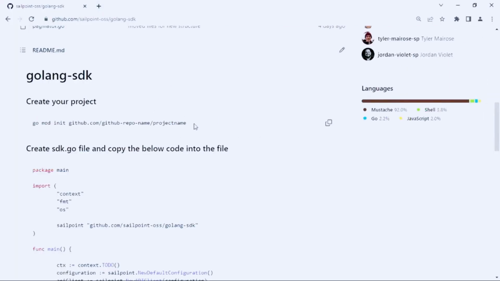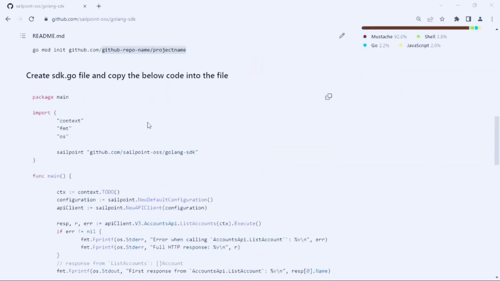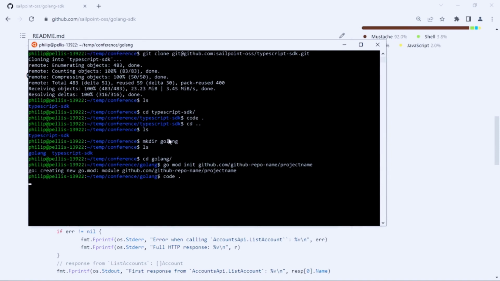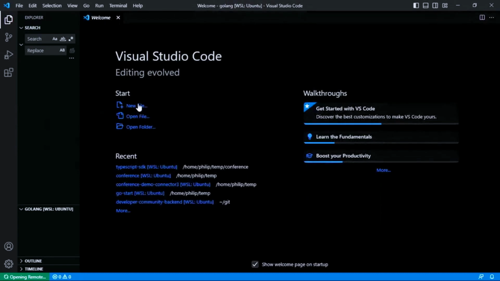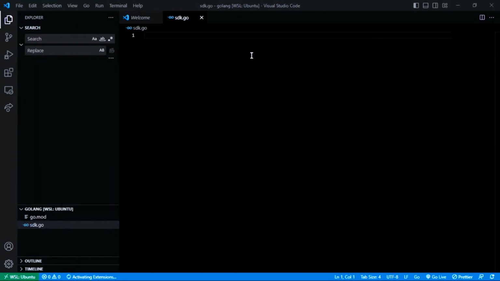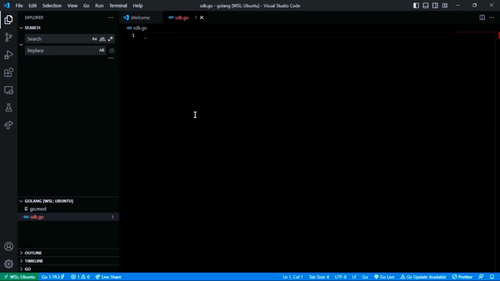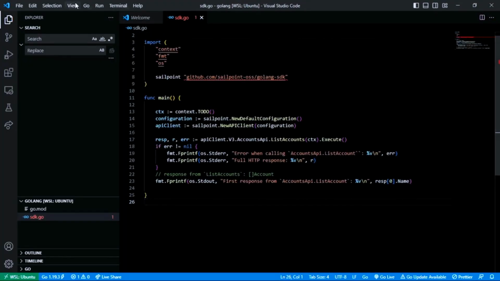So here we've got how I can create my project, and I'll just go ahead and copy that. Obviously, you might want to put your actual project name in there, but for us, this will work just fine. I just created the project, and I need to create an SDK.go file, so time to open up Visual Studio Code. All right, so that's all good. And then what do we say? SDK.go. And let's just paste this code inside there. Okay. And once we save that,